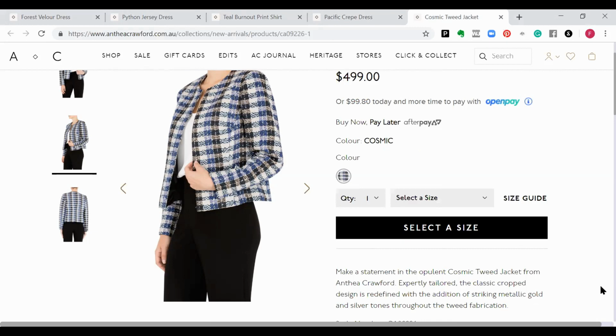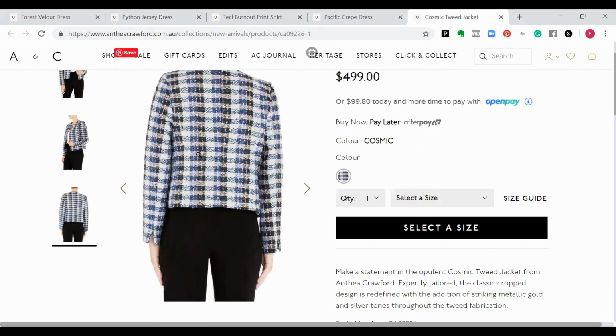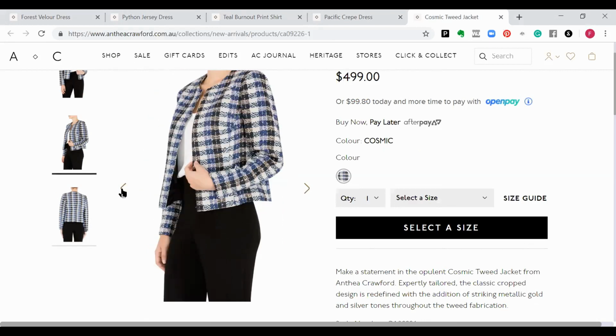And in terms of body shape, I would say it's quite good for a rectangle because this is a slightly boxier shape. It does have that, I guess, tapering, as you can see just in the back here. You can see that it tapers a little bit and creates a little bit of shape, but I wouldn't say it's cinching. So if you're going to wear this and you are an inverted triangle, a triangle or an hourglass,